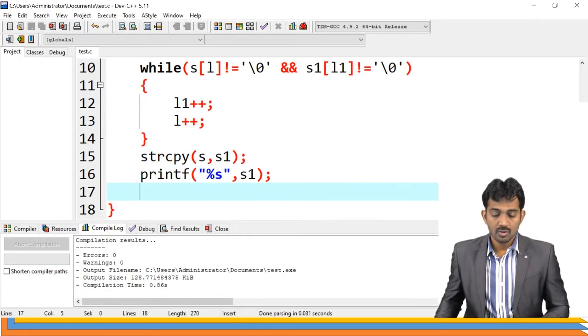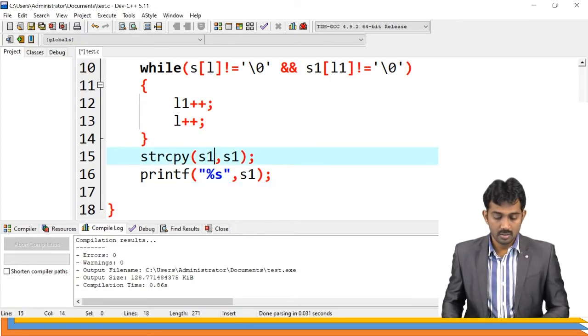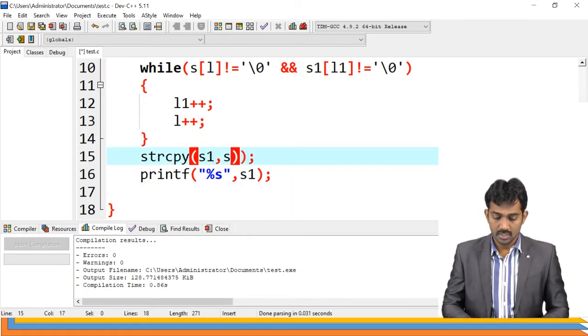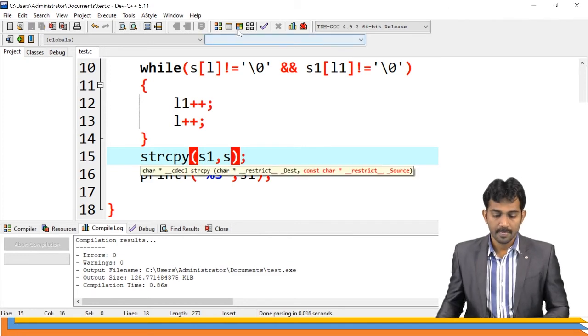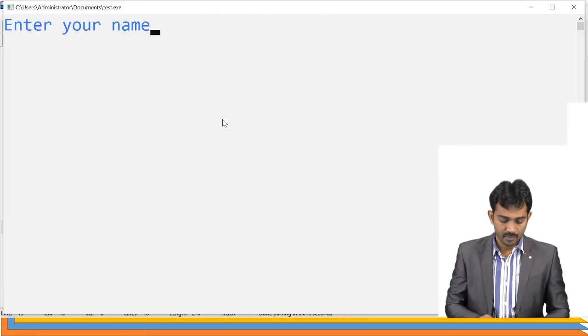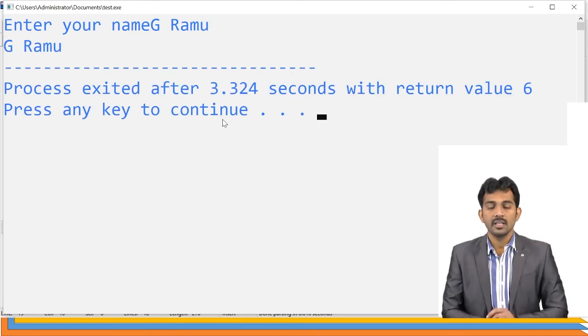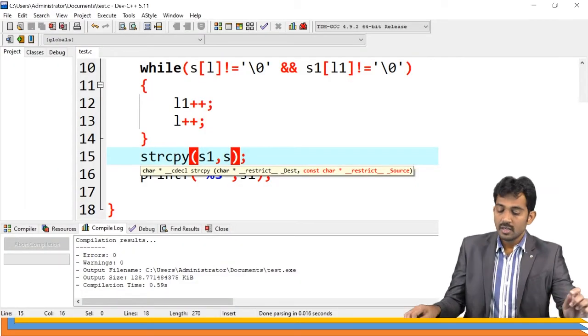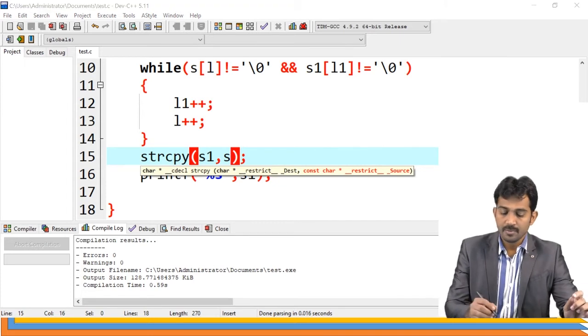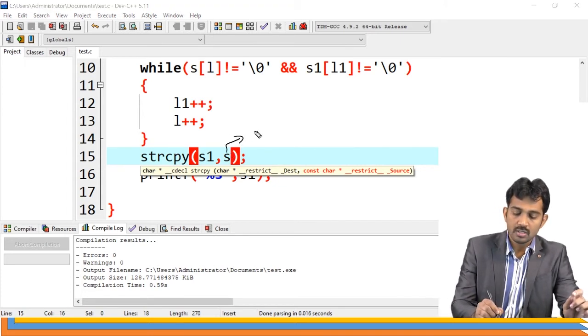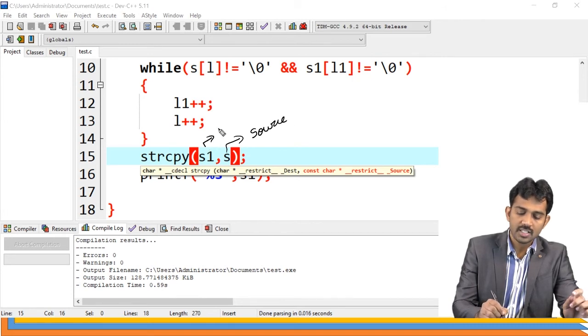Right? Destination, right? Forgot it. Is this clear? So here, this is the source, and this is the destination.